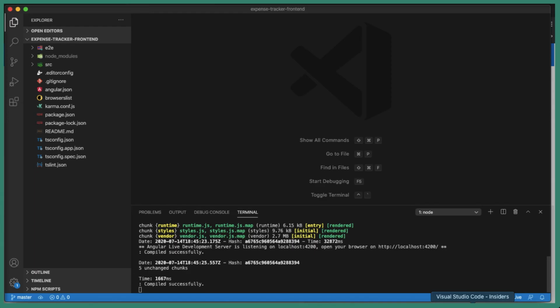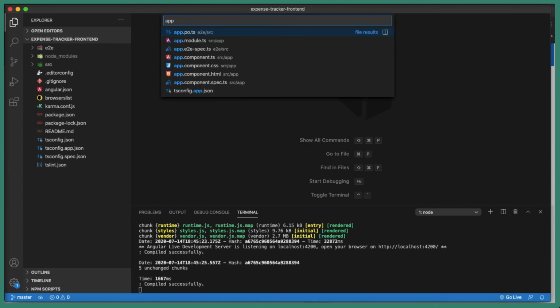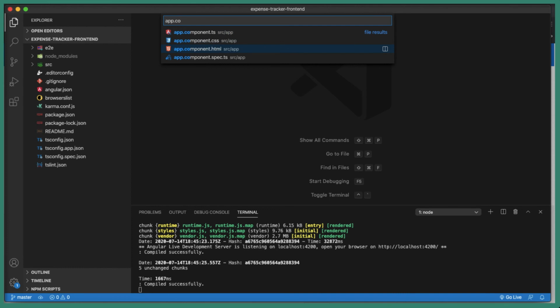Let's open up Visual Studio Code and quickly go to the app.component.html file. By the way, you can quickly open files by pressing Command and P. This will open this kind of window and you can type the file names. Okay, so let's go to app.component.html.